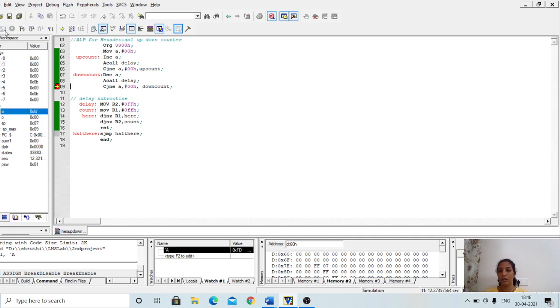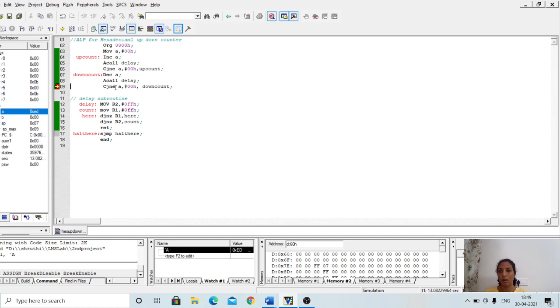I'll run this. So see here, you can notice that the value of the accumulator is getting decremented like this. It works. Once it reaches 0, the condition becomes true.